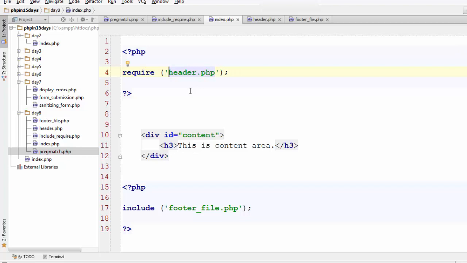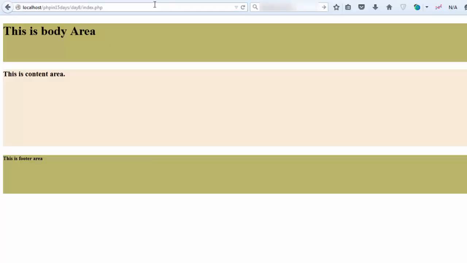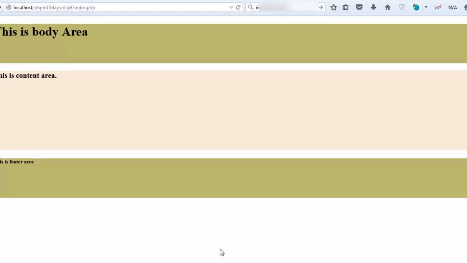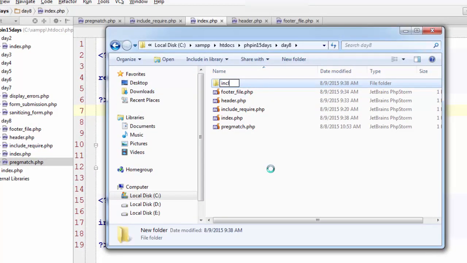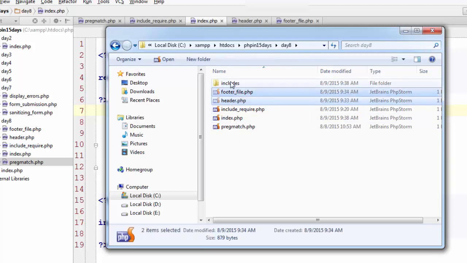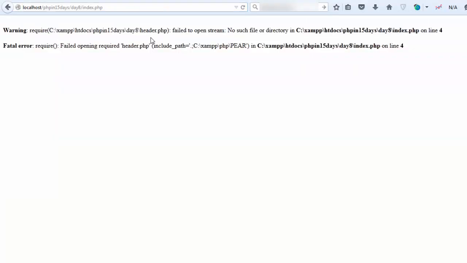Now let's correct the path and go back to the browser, and you can see everything is fine. Now let's move our header and footer underscore files to another directory and name it includes. Now go back to the browser without changing the path and check this out. You can see our script couldn't find the files here in the day 8 directory and halts the script